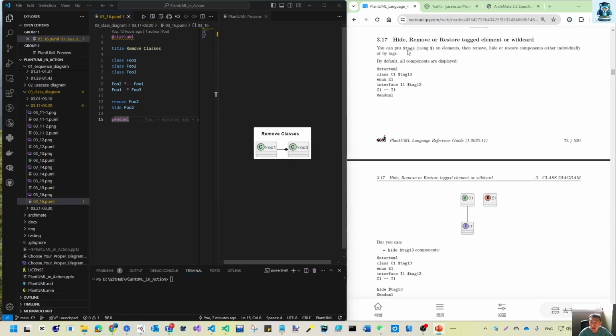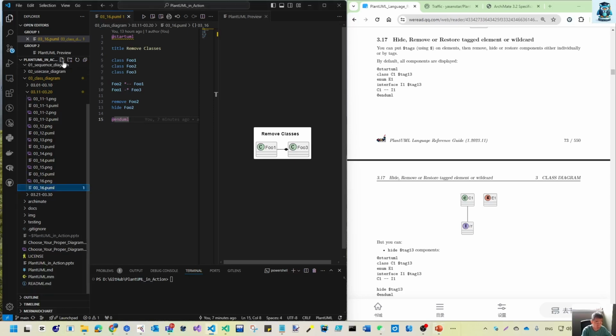You can put the dollar tags using a dollar sign on an element, then remove, hide, or restore components either individually or by tag. By default, all components are displayed. So if you don't hide or remove, whenever you create an element, it will be shown. So let's do this C03